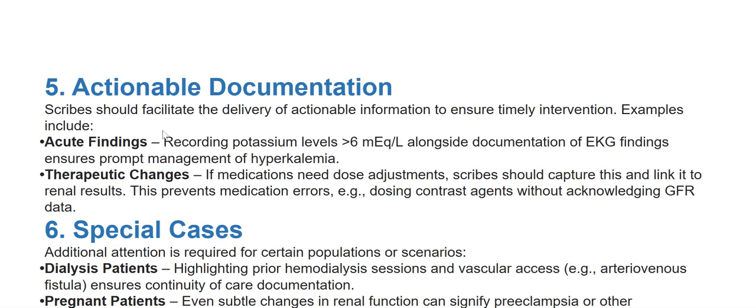And we have therapeutic changes. Acute findings like recording potassium levels more than 6 mEq per L, alongside documentation of EKG or ECG findings, ensures prompt management of hyperkalemia, which is high potassium levels in the blood. Therapeutic changes: if medications need dose adjustments, scribes should capture this and link it to the renal or kidney results. This prevents medication errors, for example, dosing contrast agents without acknowledging